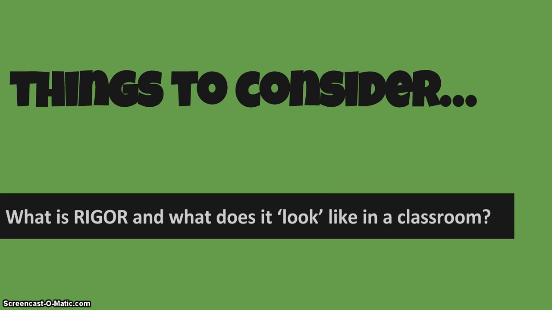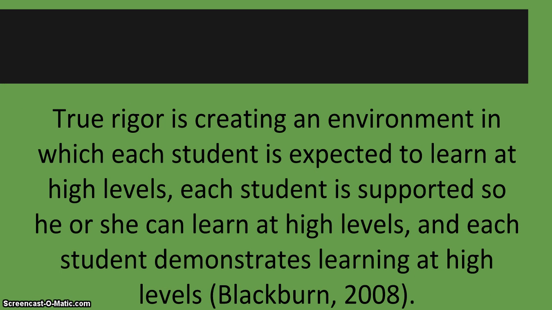Things to consider. What is rigor and what does it look like in a classroom? Blackburn describes true rigor as creating an environment in which each student is expected to learn at high levels, each student is supported so he or she can learn at these high levels, and each student demonstrates learning at these